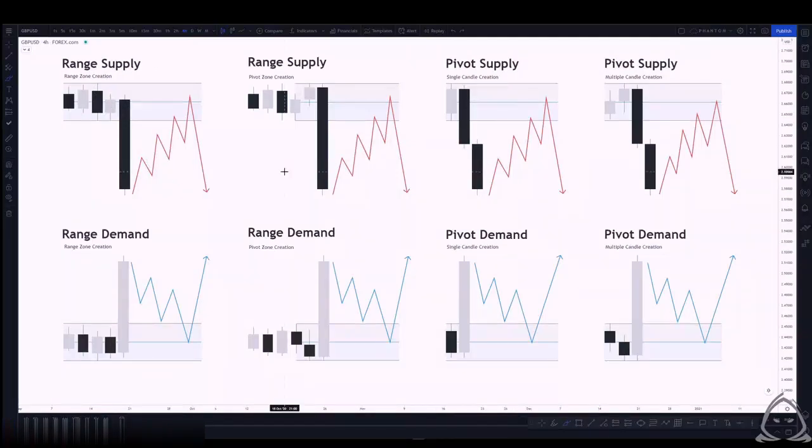So when it comes to mapping out your supply and demand zones, you have a little bit of flexibility in terms of what you are looking for, and we'll build on that as we go through the rest of the concepts. But something to just keep in mind, that you have a little bit of refinement that you can use, or you can be a little bit more generalized when you see ranges. That is entirely up to you. It's entirely up to what you test and what makes the most sense to you throughout your testing and your understanding of supply and demand.